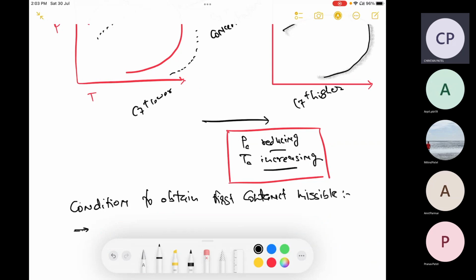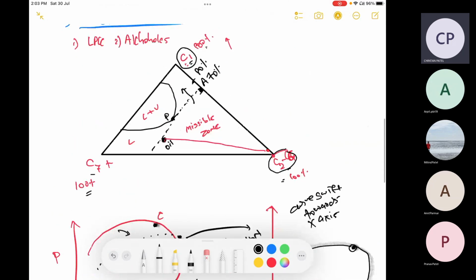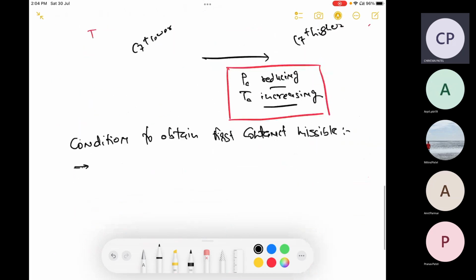It should be a tangent line to this curve at this critical point. From this point it must be a tangent line. So OA is a